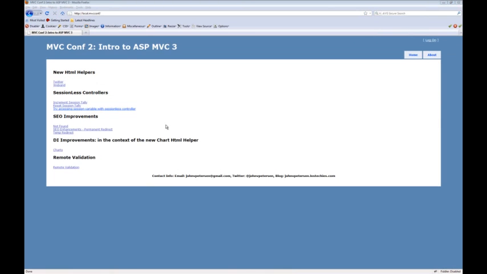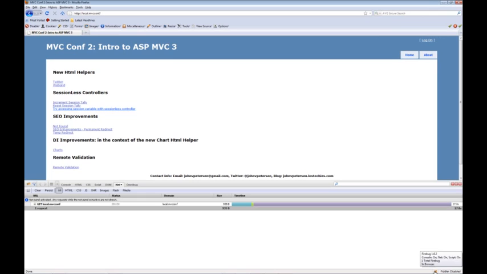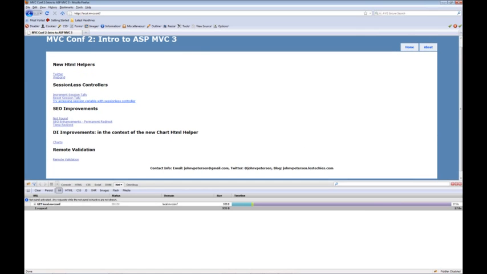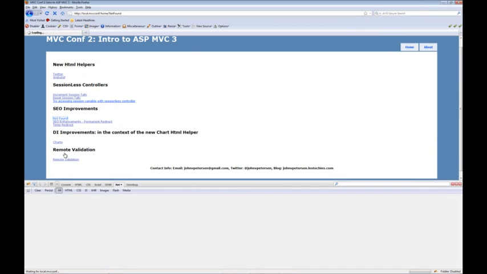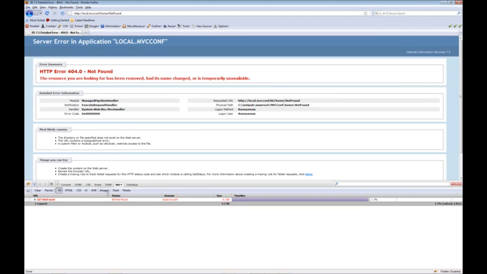So here we are at our home page, and I'm going to bring up Firebug here, and I'm on the net page, so it's going to show the network traffic, and I'm going to click the not found link here. Now notice that the status that comes back says not found, 404. That's correct. That's exactly what we want. Let's go back